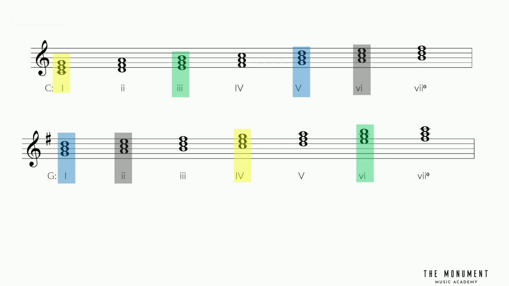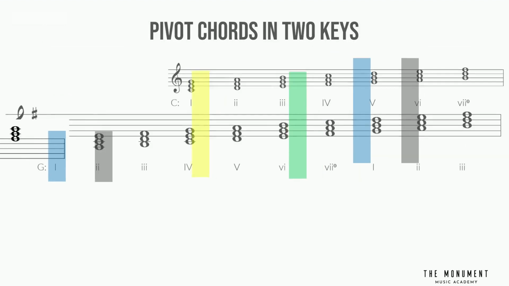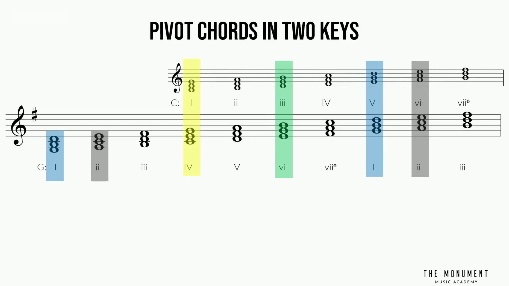Note that pivot chords have to be exactly the same chords, made of the same notes and quality. If you're wondering why the other chords shown here are not pivot chords, it's simply because of the presence of F sharp in G major that alters the quality of the chords from C major. Here I'm aligning the chords in a different way so you can see their relationship.